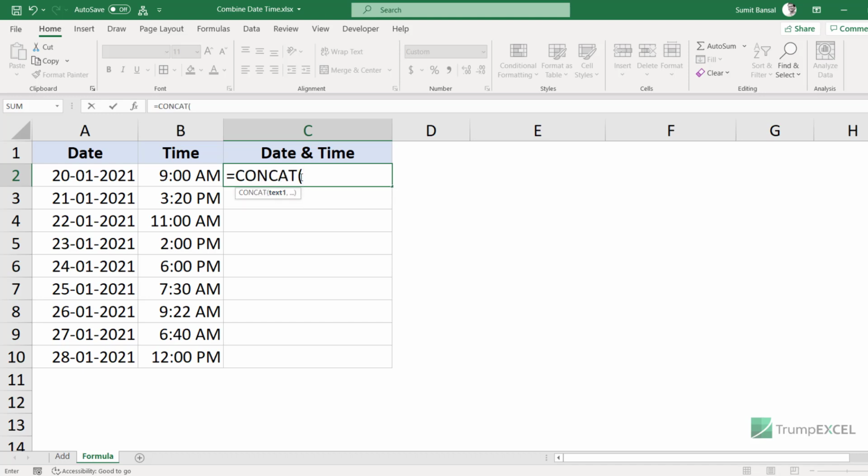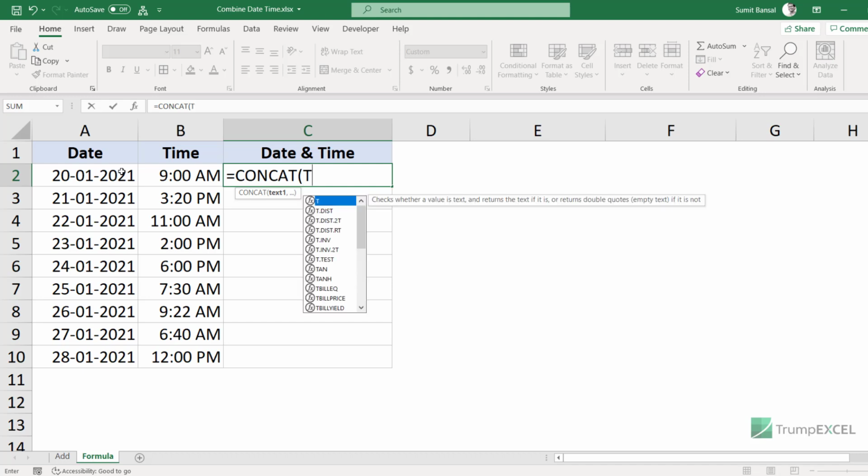And here I'm going to enter the text that I want to combine, and in this case it would be the date and the time. But what this does is it also allows me to specify the format in which I want the result. So for example, if I do not want this date in this format, I want it in some other format. Maybe I do not want to show the day, I only want to show the month and the year, then I can do all that customization right within the formula.